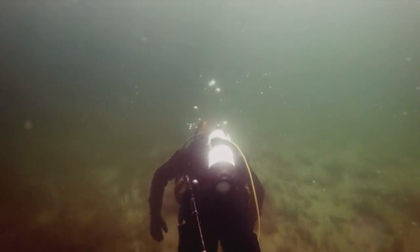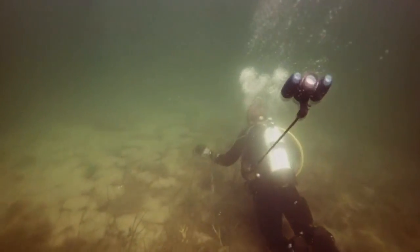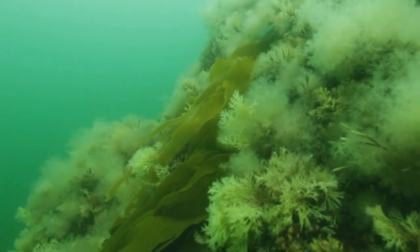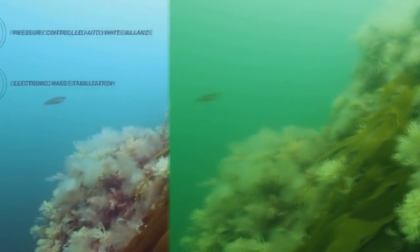The ergonomic mask mount fits almost any mask and records everything you see. The third-person viewer is the first of its kind. It's so compact, it fits in a pocket on your BC and can give you a whole new perspective on your dive. The OctoSpot knows exactly how deep down you are and makes sure your recordings and pictures are not